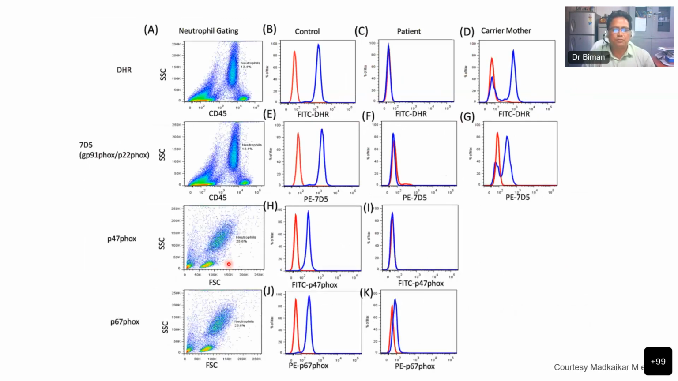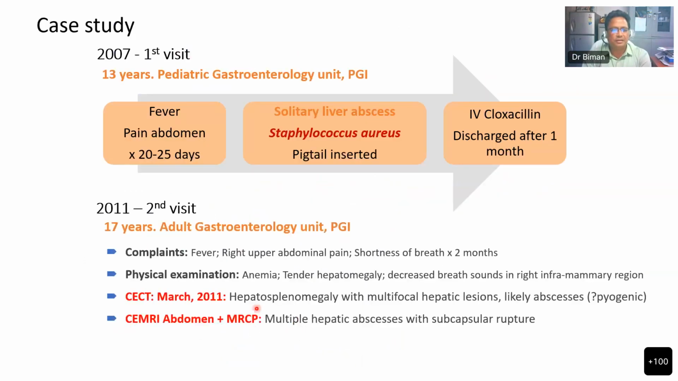Then you can also do the flow cytometry for the specific proteins, GP91 phox, P22 phox, or P47 phox, or P67 phox. And this will again pinpoint to which molecule or which component of that NADPH oxidase system is not working. Okay? Another case, a 13-year-old presented to the gastroenterology unit at PGI, again a solitary liver abscess,